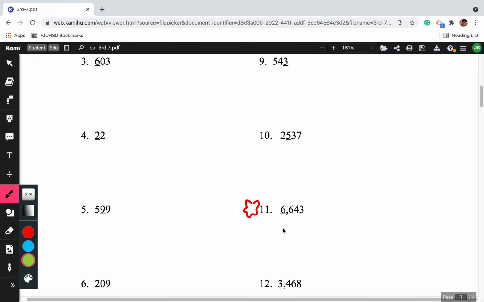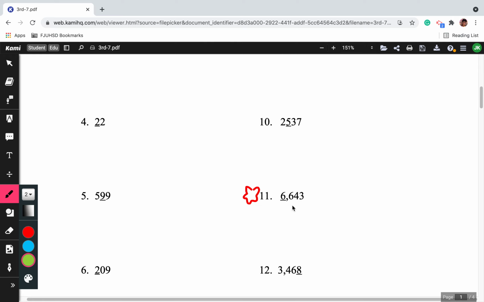So, don't let the comma fool you. The comma doesn't really mean anything. A number without commas is still going to be the same as a number with commas. It just helps organize things more. So, that's right off the bat. Commas usually distribute a number, or it makes it neater, I guess. It organizes it. For example, let's do